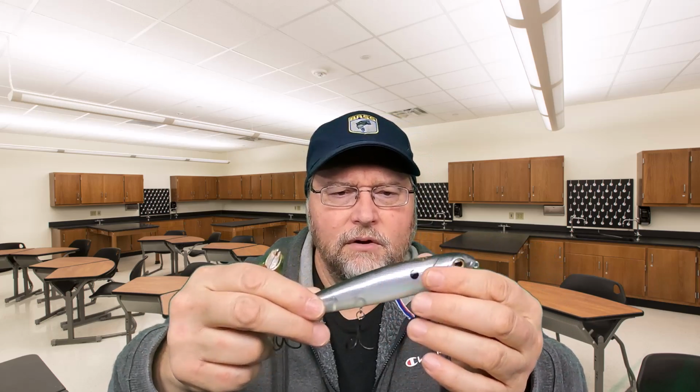The larger one, I'll leave all 3 hooks on. This bait catches fish. A lot of people would agree that this is one of the best topwater baits ever made as far as walking baits. One of the things that's unique about this that might make it sound different or act different is that